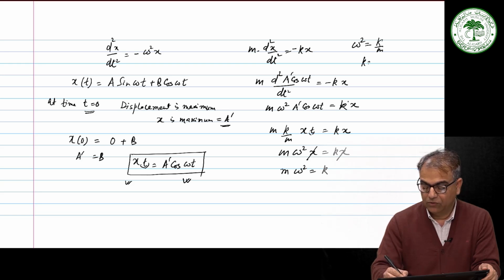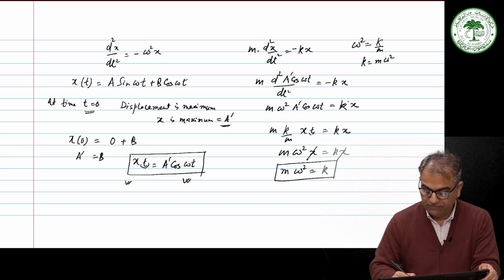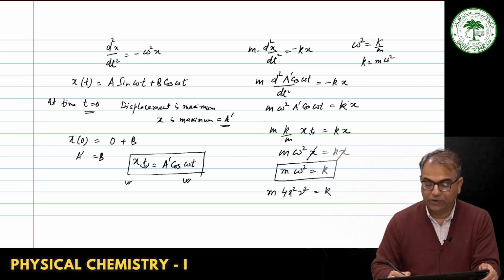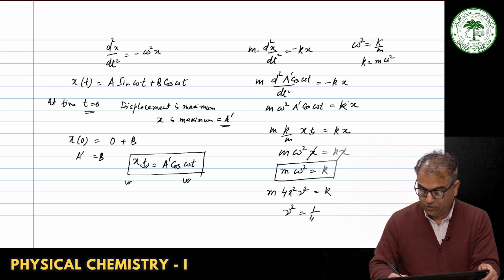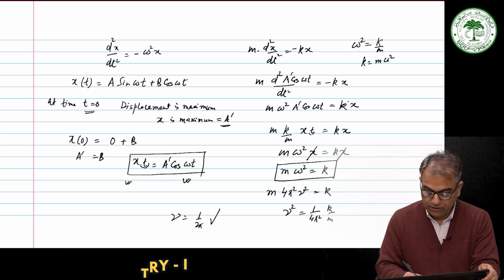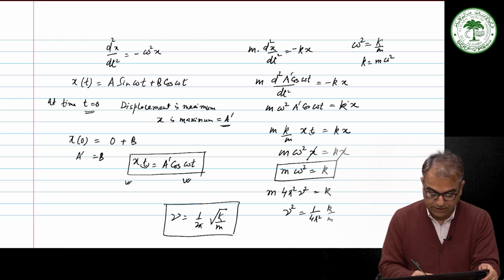So, k is equal to m omega square, this we have supposed. Now, if you put the value of omega square as 4 pi square nu square, then nu square is equal to 1 over 4 pi square into k divided by m, and so nu will be equal to 1 over 2 pi root under k divided by m. So, this is called linear frequency